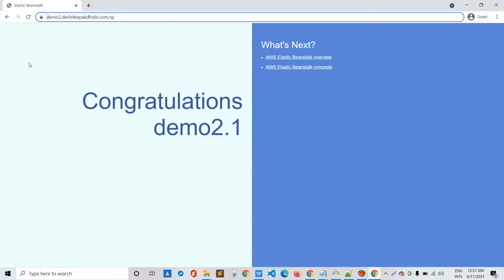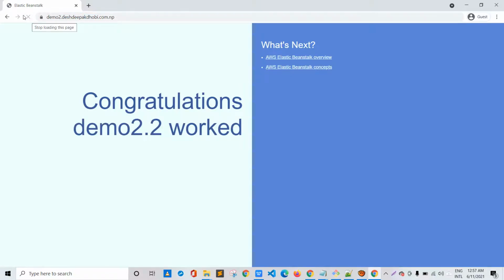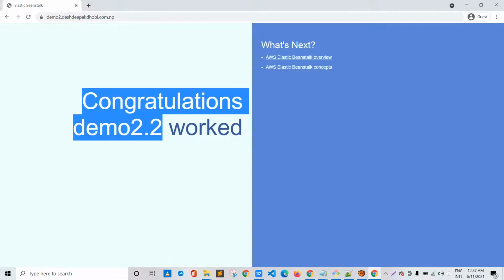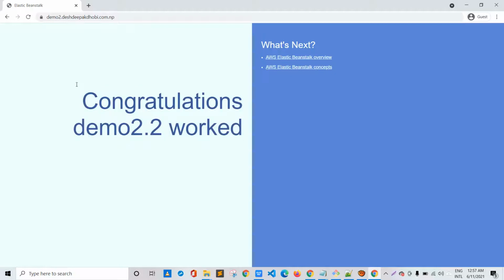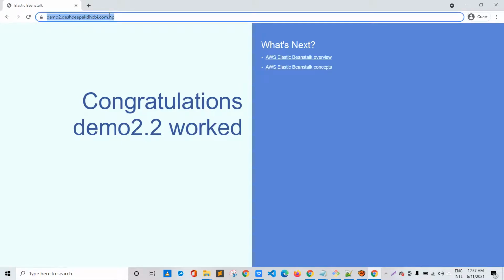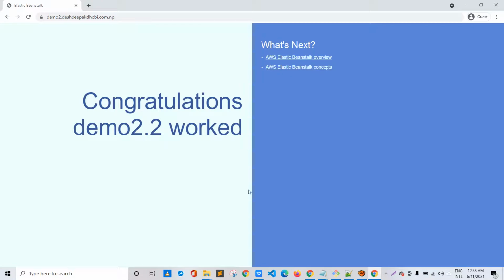But let us check over here if that happens or not. Let me refresh my page, and yes, it says congratulations, demo 2.2 worked. And if we see over here, the lock is present, so the SSL lock has not vanished, as our scripts have remained intact and worked perfectly.